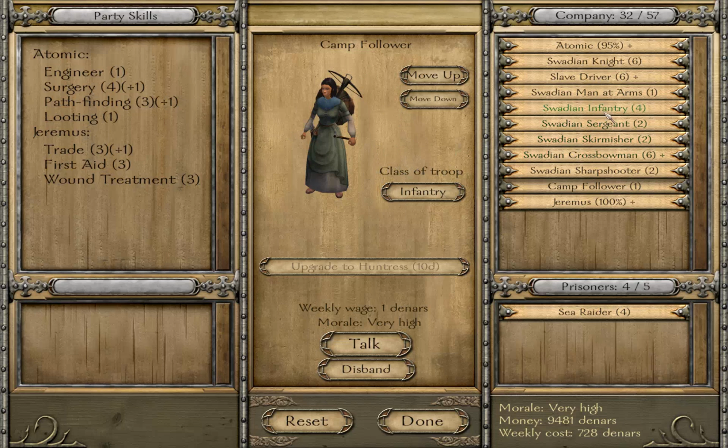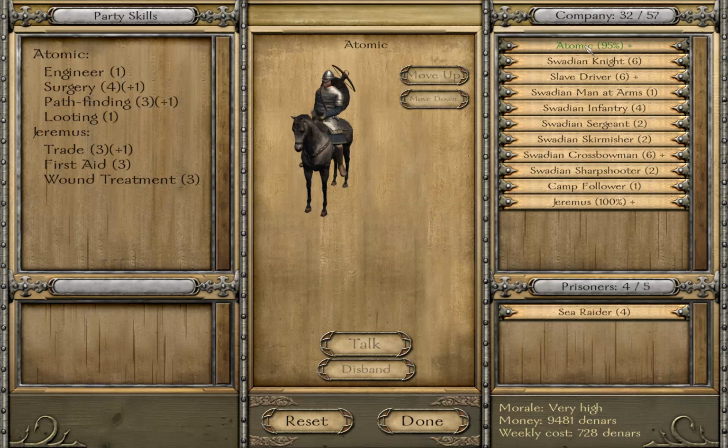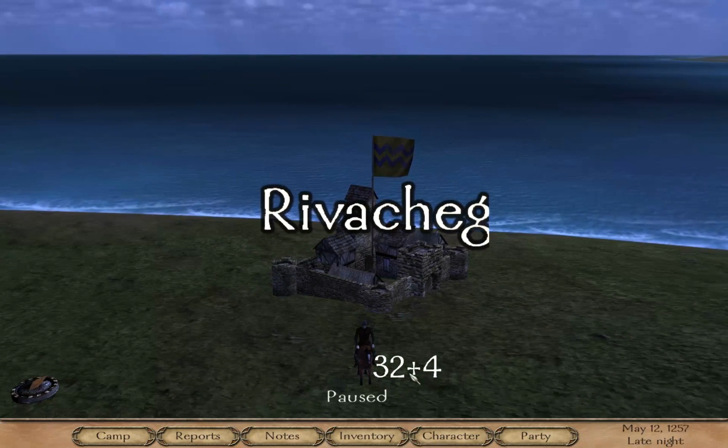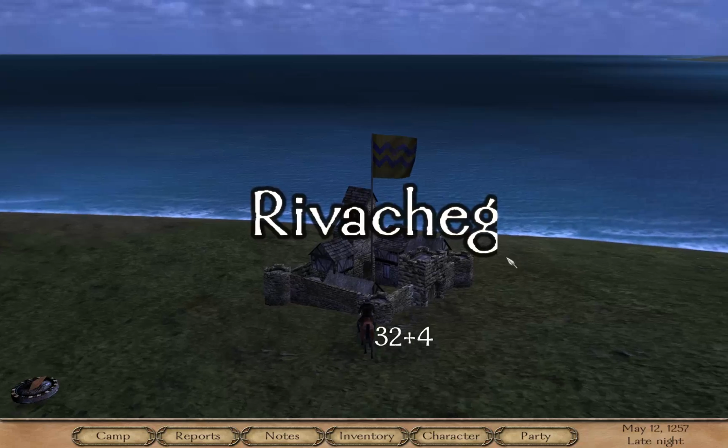You don't really need her. I just did it as a joke. We'll see what a huntress does. I don't think I've had one of those before. And you can see I'm up here. So this is good. Now what I wanted to show you is how you sell prisoners, because I think here